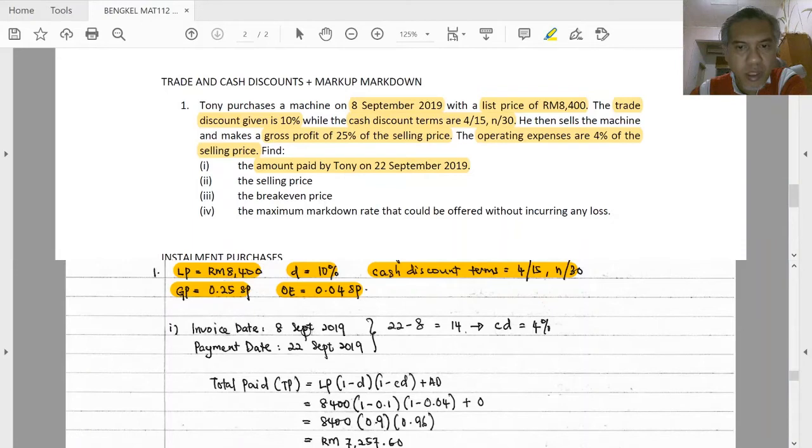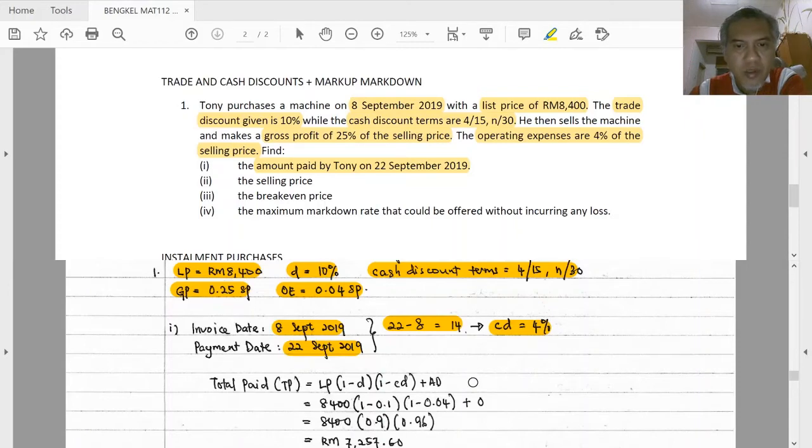To do that, you have to calculate the duration of payment being made. In this case, the invoice date was 8 September 2019, and payment was made on the 22nd September 2019. So the duration here is 22 minus 8, you get 14 days. This is within the first 15 days from the invoice date. So that means Tony is entitled to a 4% cash discount